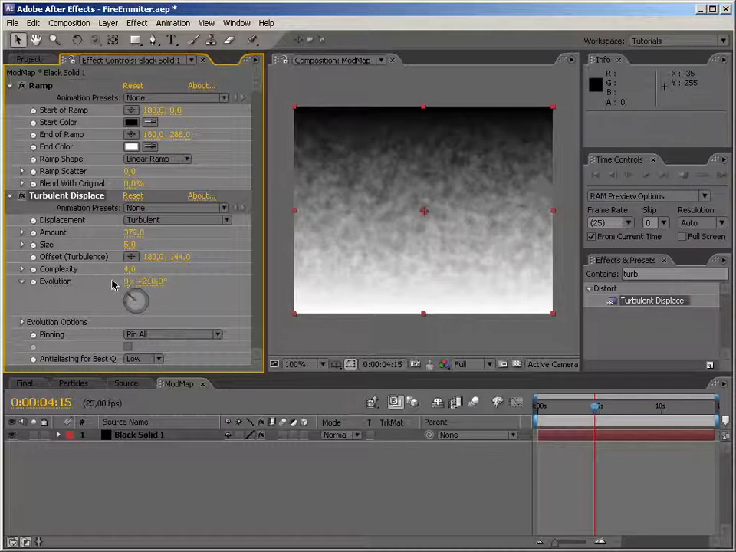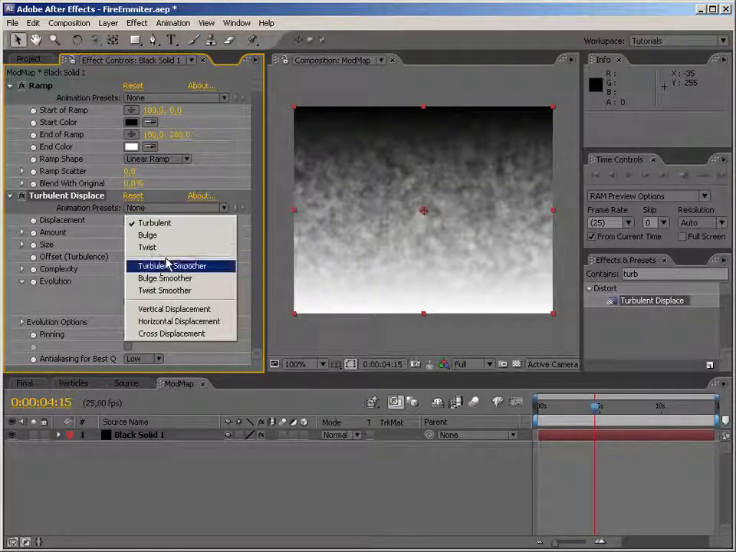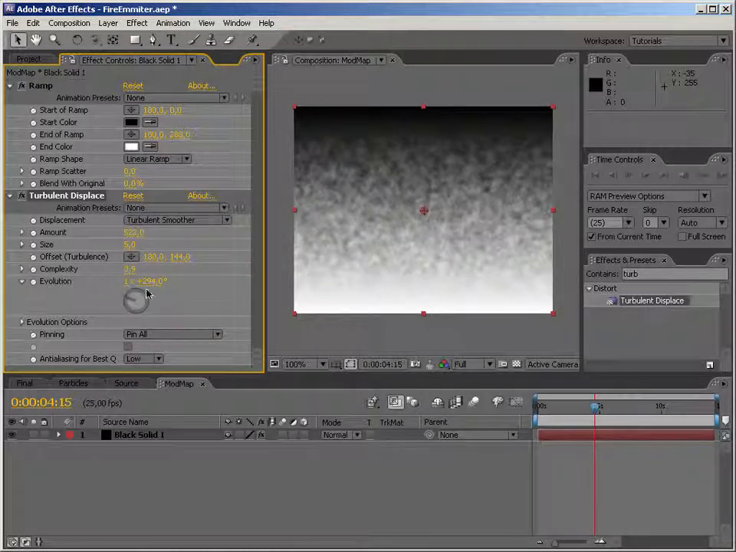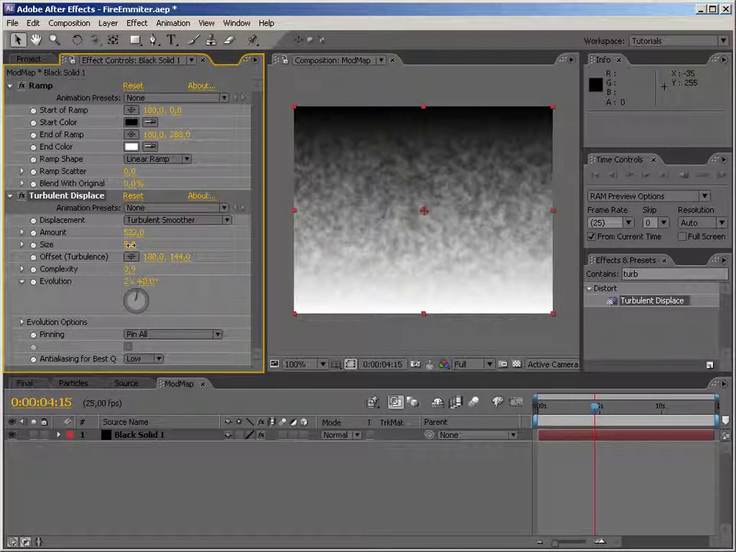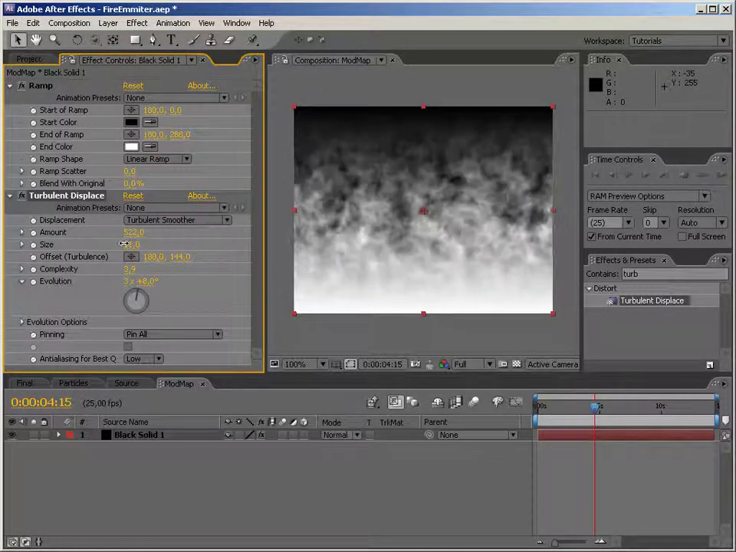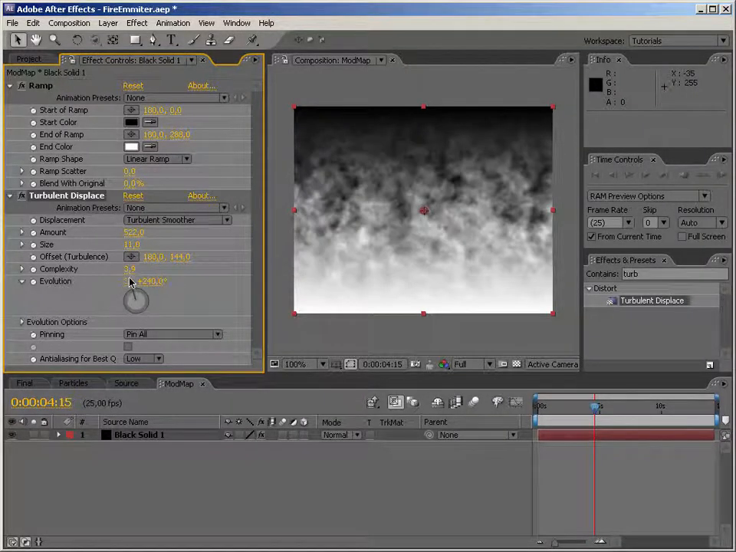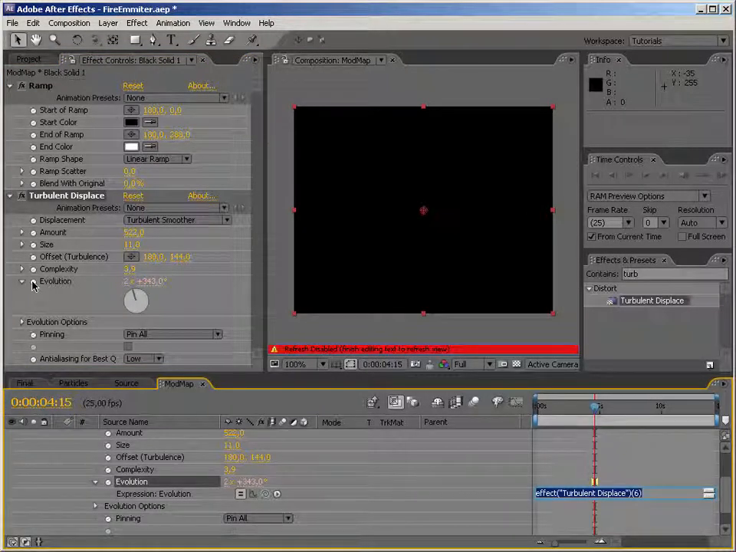How does it look? Not bad. Let's increase the amount. Okay, still looks cool. Maybe let's change the displacement to turbulent smoother. Yeah, this looks nice. Okay, now we need to animate the evolution parameter, and what I'd like to do in those